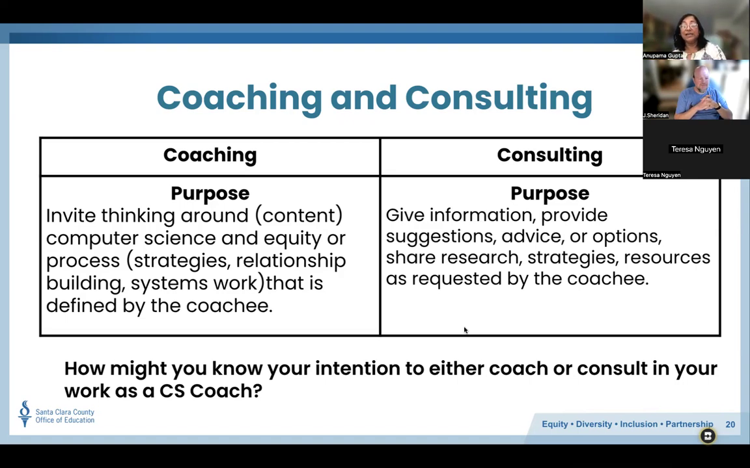And consulting is when you give information, you provide suggestions, you advise or options, share research strategies and resources as requested by the coachee. So how might you know your intention? How will you know, is it time for me to coach or is it time for me to consult when you work as a CS coach? So think about it a little bit, put it in your mind, because the next one,